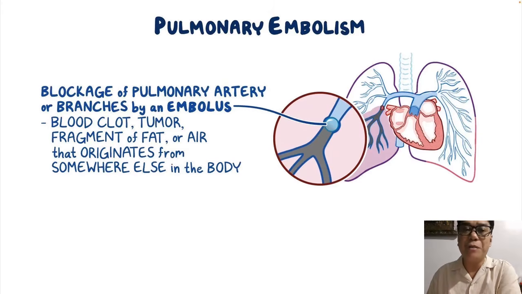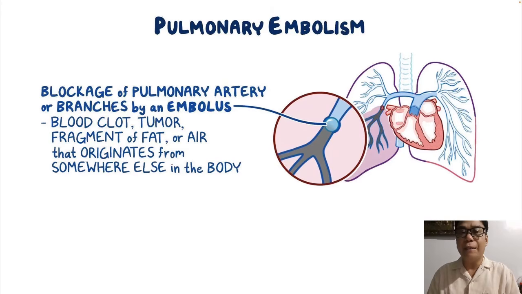Okay. Aside from that, we could also encourage the patient for ambulation. And if ever, they could undergo a surgery wherein we need to take off the embolus or the emboli that's there. We call that embolectomy. Okay, embolectomy, so removal of the embolism. Aside from those things, we need to give them further teaching, especially on how to prevent further occurrences of pulmonary embolism.